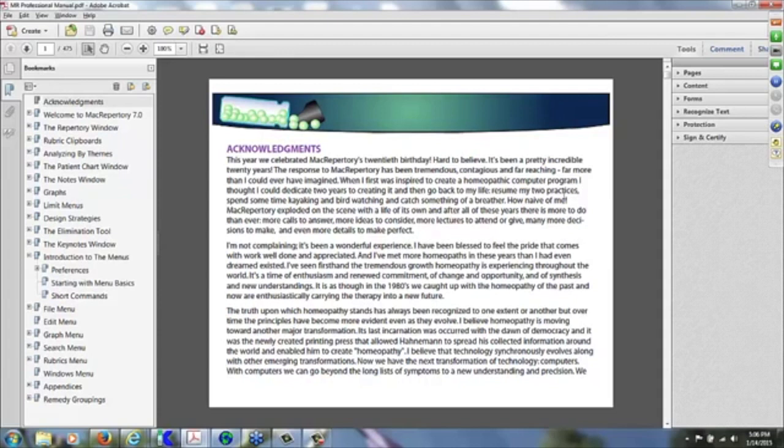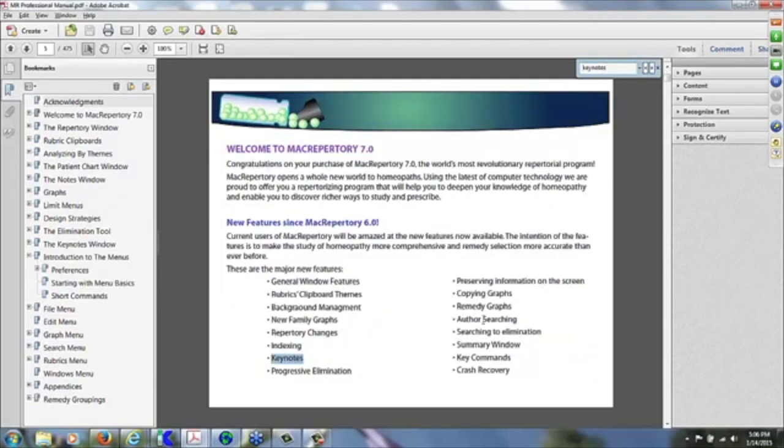So I'm going to type Control or Command F, and when I do that, this little search window will appear up here in the upper right-hand corner of the window. And in here, I can type a particular word and search for it. So for example, let's say I'd like to see any information on keynotes. I could type in keynotes, and then I would hit enter, and it would take me to the first instance of the word keynotes